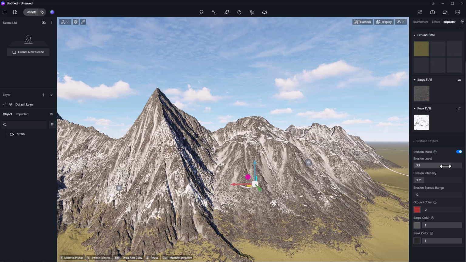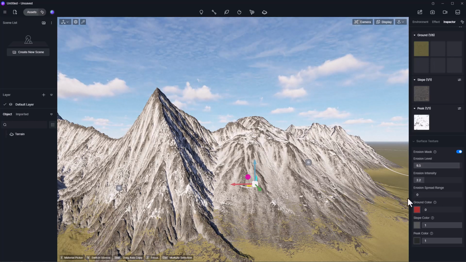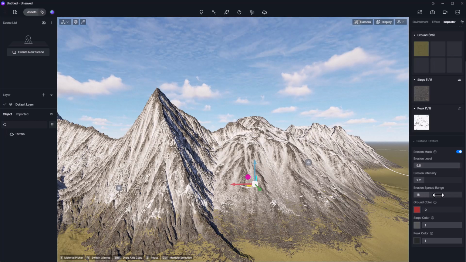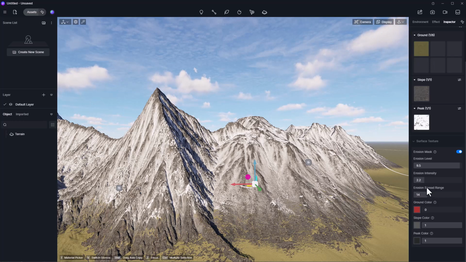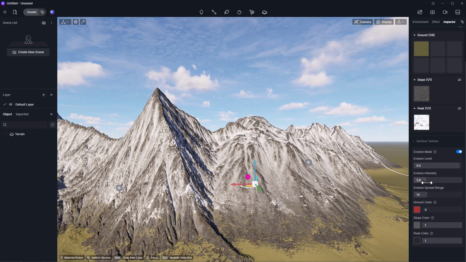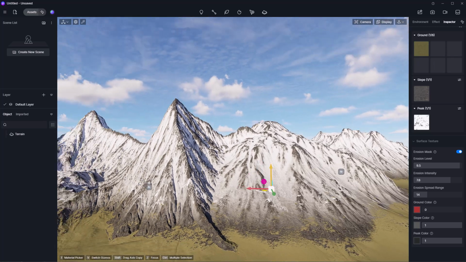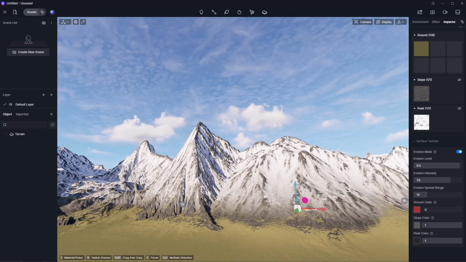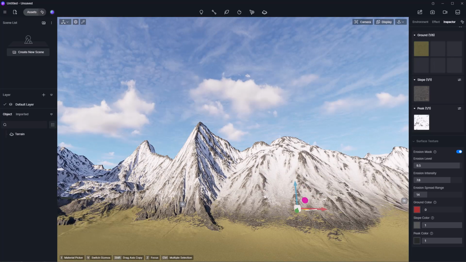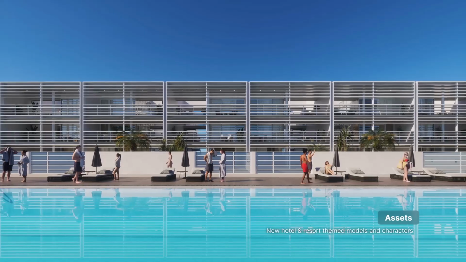You can go ahead and have fun with this. You can also play with the erosion spread. So depending on what you want to do, you can now create some very nice looking effect on your terrain. And this is going to be super useful for environment artists and those who like to get some beautiful background for their render. And speaking about assets, which terrain is one of them,